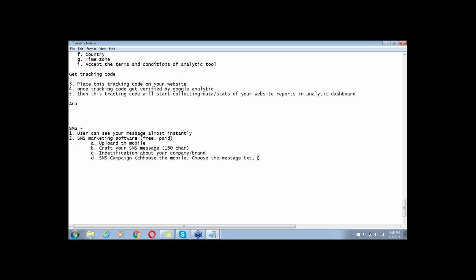Then you will also select the date and time to send this message, and then tracking preferences.